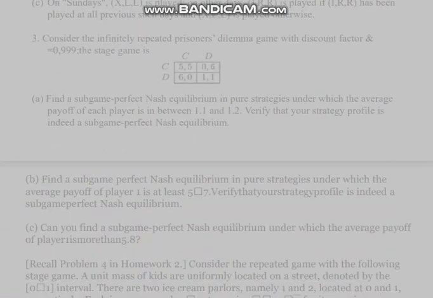C. On Sundays, XLL is played on other days. IRR is played if IRR has been played at all previous such days and XLL is played otherwise. 3. Consider the infinitely repeated prisoner's dilemma game with discount factor delta equal to 0.999. The stage game is